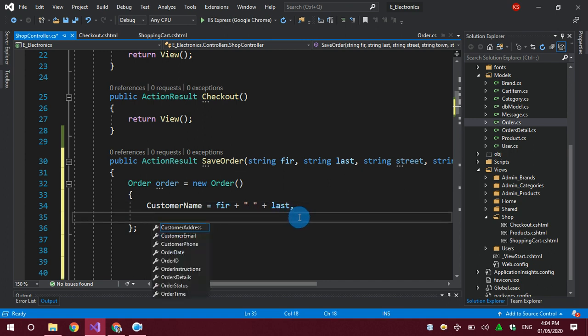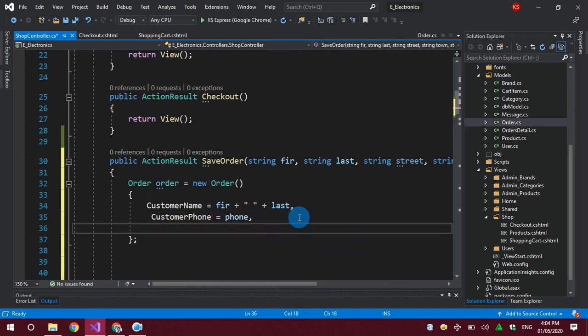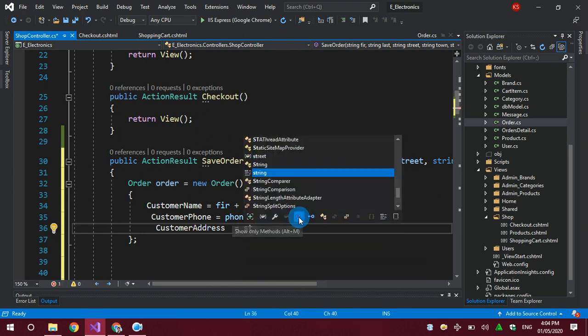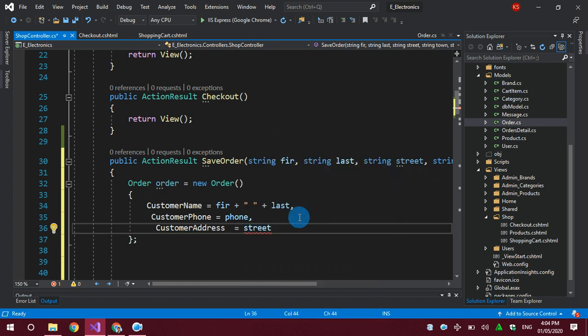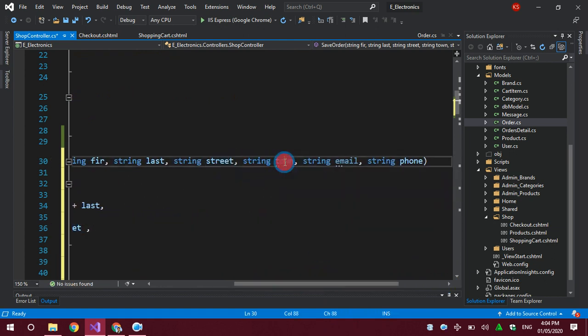Now another argument, the customer phone, so I can simply add my phone. Customer has an address. I can add the customer street, street is equal to street, and the customer has many things: street address and town address.